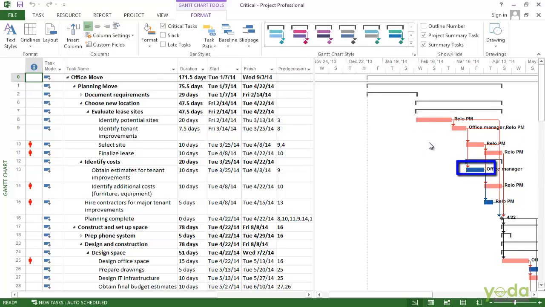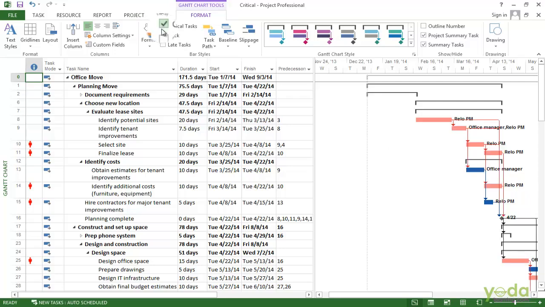If you turn the checkbox off, everything changes to blue and you can't see the critical tasks easily. So turn the checkbox on and now you can see the red for critical tasks and blue for the non-critical ones.